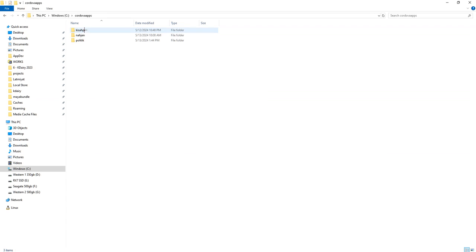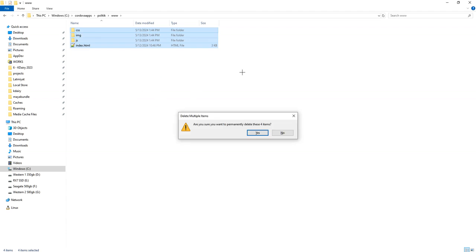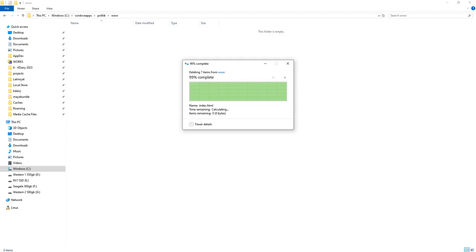Okay, the Cordova project is created. If you take a look at this directory, you have this folder here. It is the Cordova project directory, and we have the www folder here. Here we have to put our HTML files, and in this case I'm going to delete everything inside this www folder.